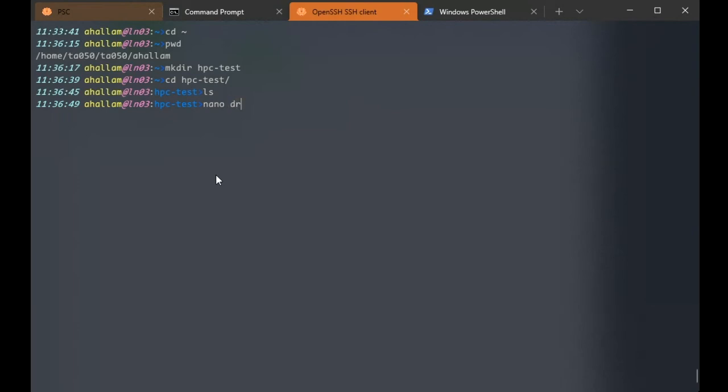So let's give it a file name called draft.txt. So I'm giving it the extension .txt, which means that this file, to me, is a text file. But you should be aware that Linux doesn't actually care what the file extension is. It considers this whole string here to be the file name. And that file can be any type of file. It could be a binary file, it could be a text file, it could be an application, it could be a folder,